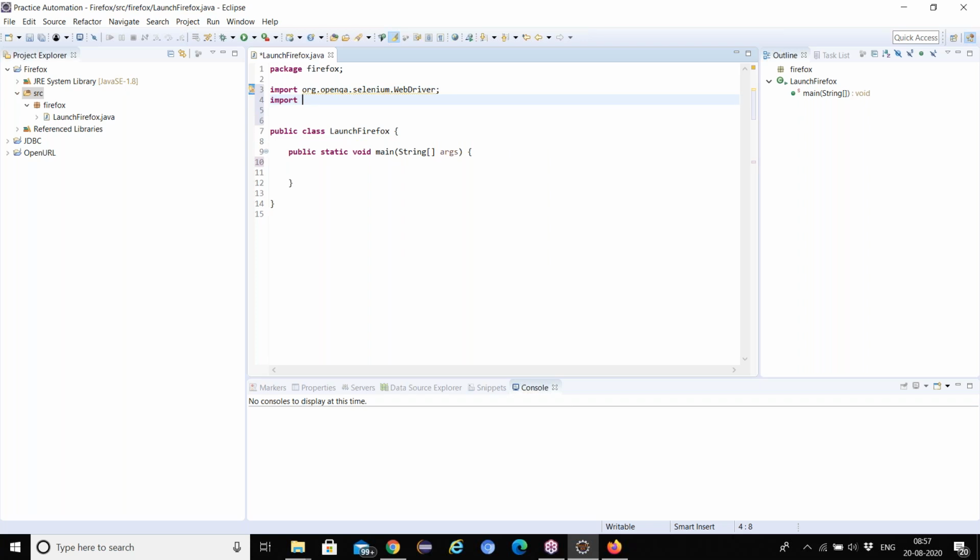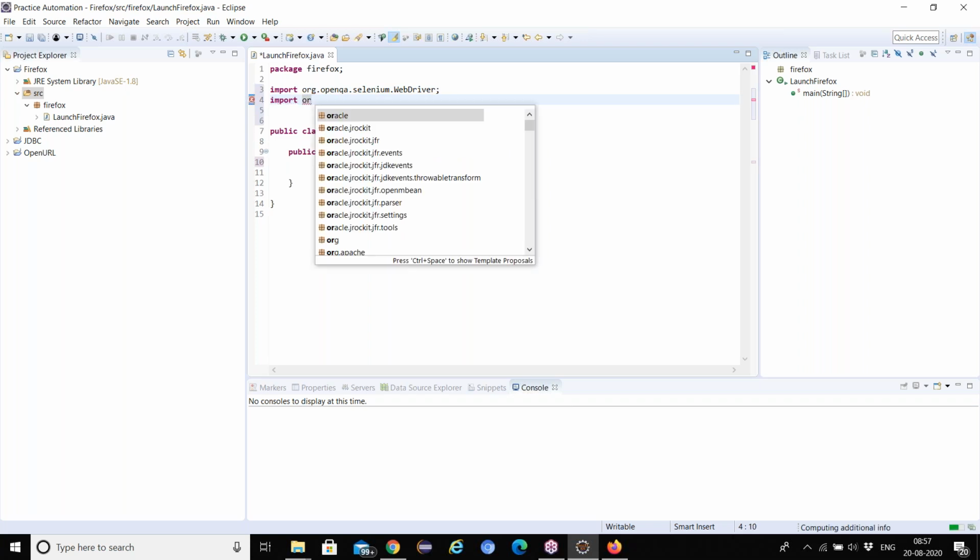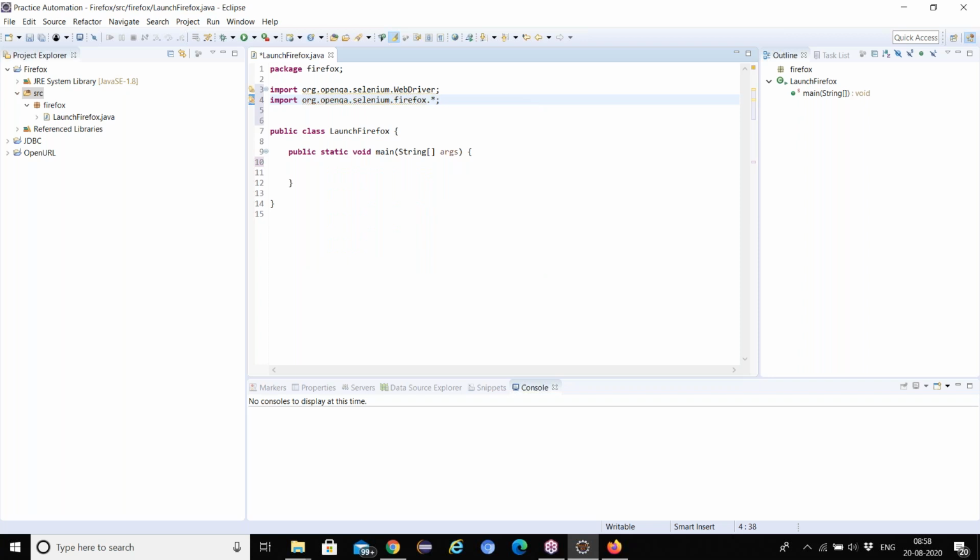Import org.openqa.selenium. What do you need to launch now? Firefox, right? So for Firefox you need to write Selenium Firefox driver.